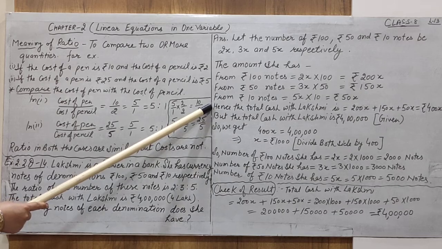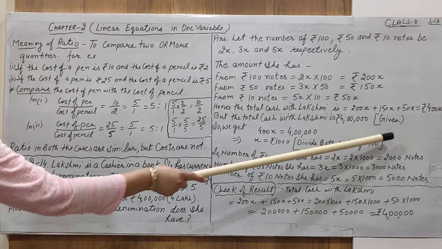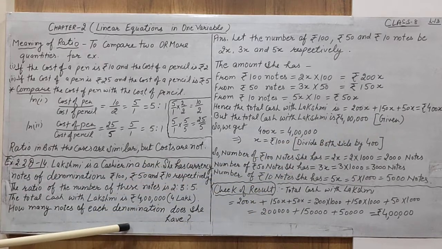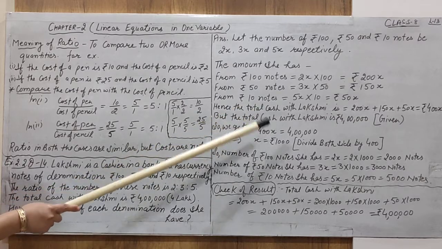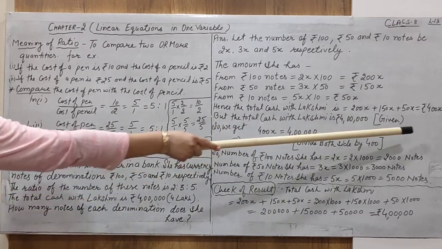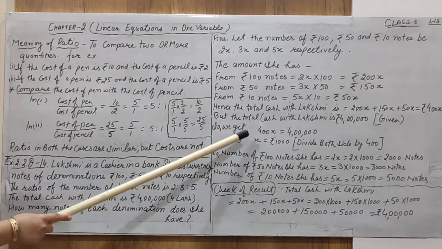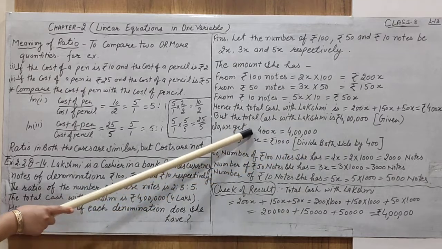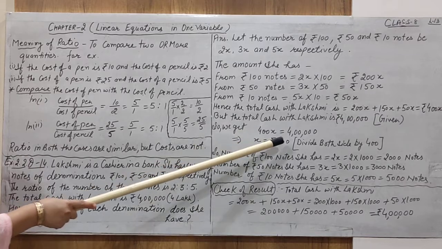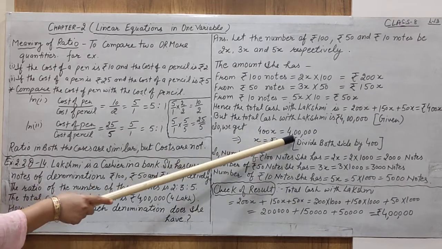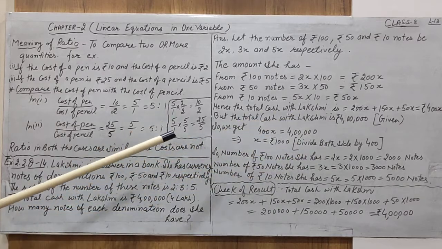This amount is found with the help of x, and the second amount is found with the given conditions. Alright, so we have to compare these two terms which are similar, that is 400x. 400x is equal to 4 lakh. Now, to solve this, this is a linear equation in one variable with a linear expression on one side and the constant on the other side. You understand the application of linear equations?